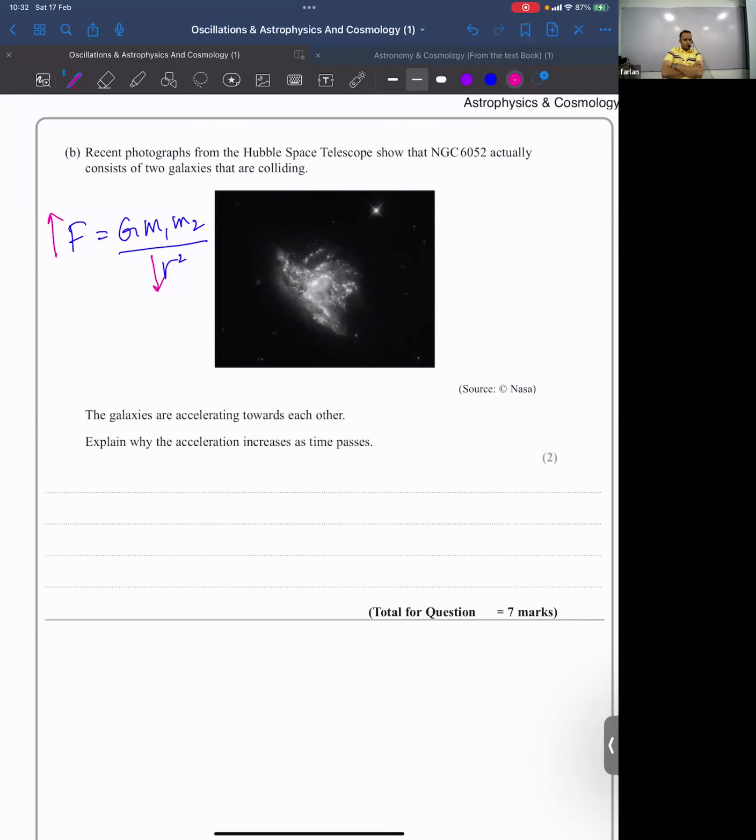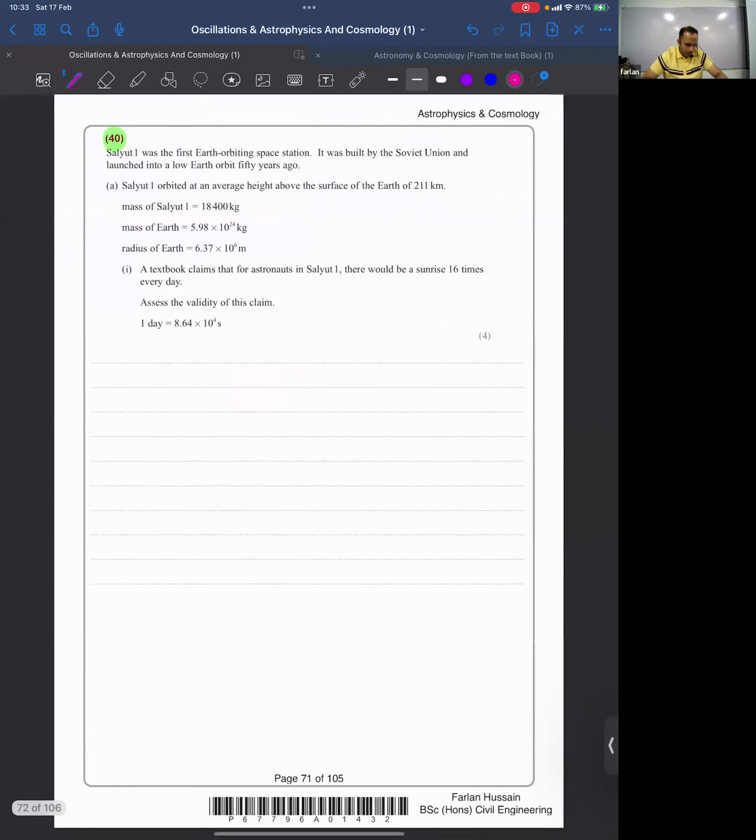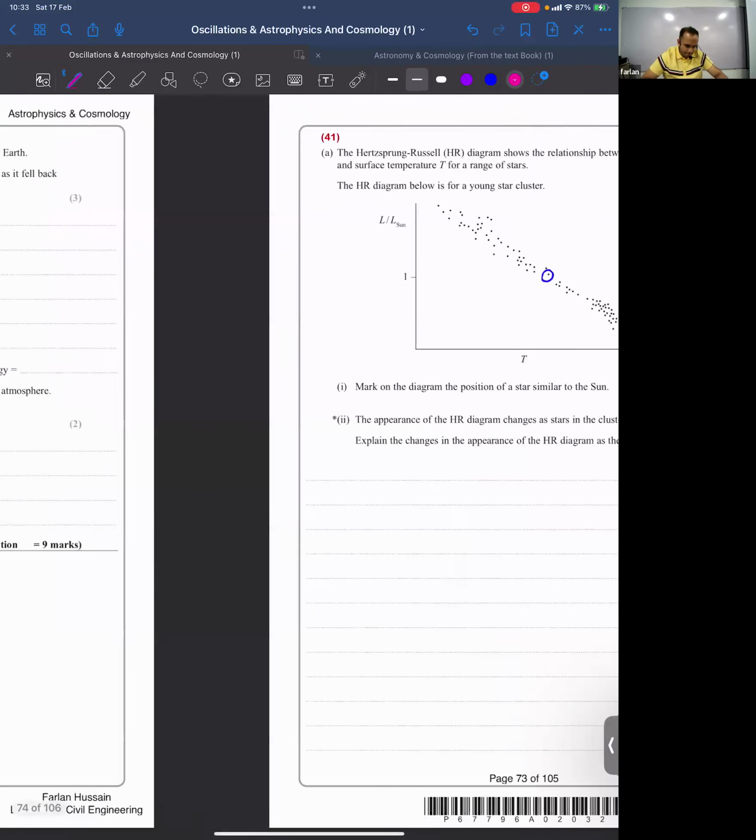So with time, force will increase and the acceleration will increase. Okay. Right, because then